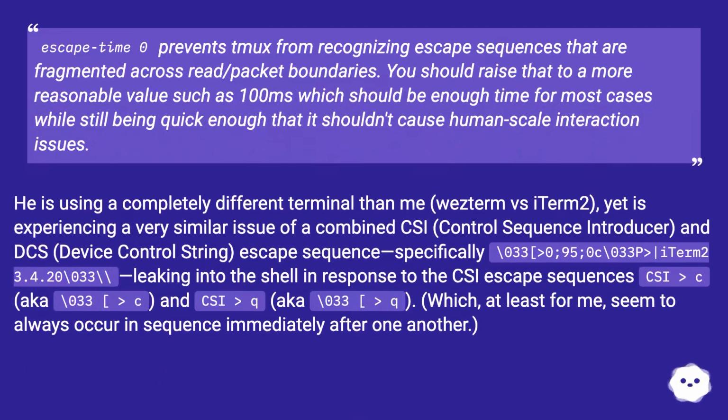Escape-time 0 prevents Tmux from recognizing escape sequences that are fragmented across read/packet boundaries. You should raise that to a more reasonable value such as 100 milliseconds, which should be enough time for most cases while still being quick enough that it shouldn't cause human-scale interaction issues. He is using a completely different terminal than me, WezTerm versus iTerm2, yet is experiencing a very similar issue of a combined CSI (control sequence introducer) and DCS (device control string) escape sequence, specifically \033[>0c\033P